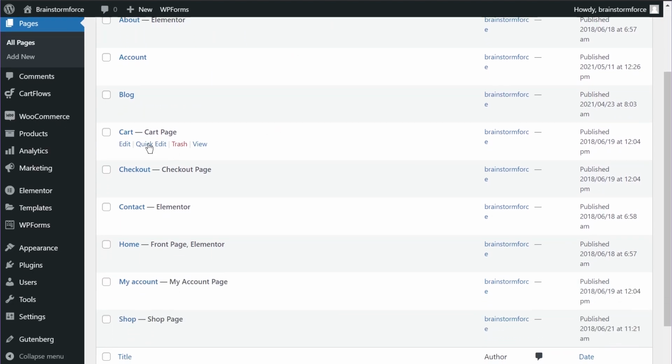You can see the cart page is the cart page, your checkout page is the checkout page, the contact page is not a WooCommerce page, but it's designed with Elementor, which is a similar tag you can see right here. And also you can see the My Account page is the My Account page and the Shop page is the Shop page. These are assigned by WooCommerce to be the official pages for these shop pages and account pages on your website. So what you need to do is create a new page and make that the official checkout page on your site. Don't worry, I'll show you exactly how to do it.